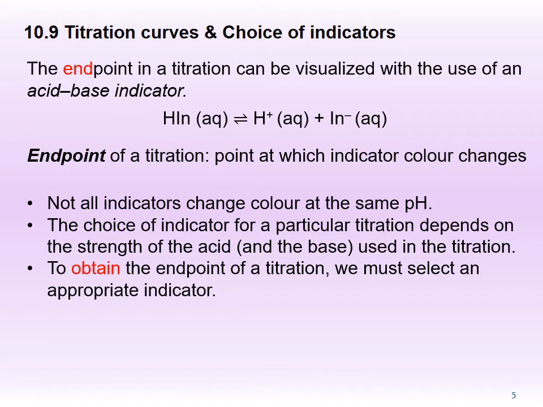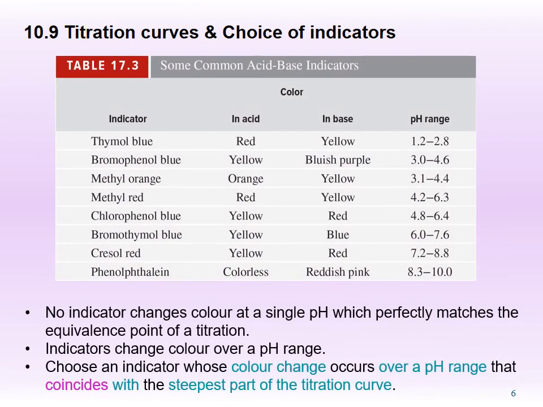Not all indicators change color at the same pH, however, so the choice of indicator for a particular titration depends on the strength of the acid and the base used in the titration. To find the endpoint of a titration, we must select an appropriate indicator. There aren't indicators that change color at a single pH which perfectly matches the equivalence point of a titration. Rather, indicators change color over a pH range. In practice, we select an indicator whose color change occurs over a pH range that coincides with the steepest part